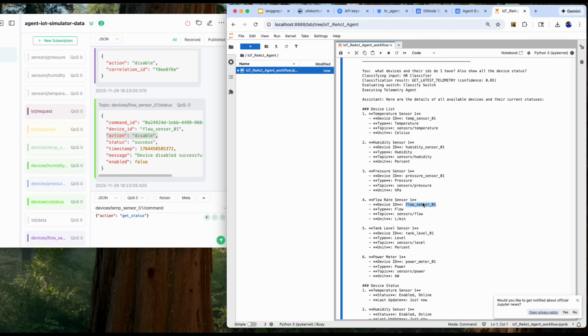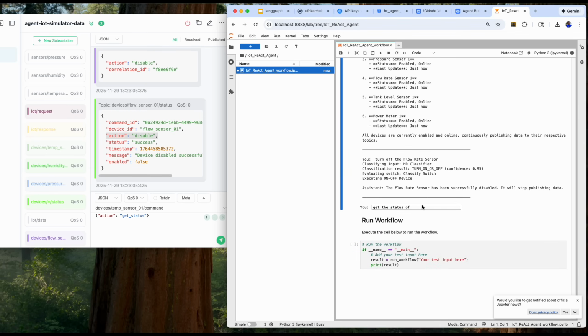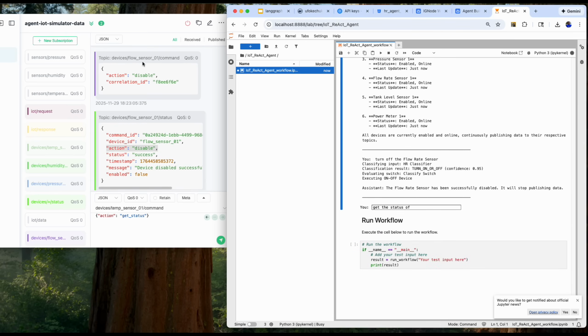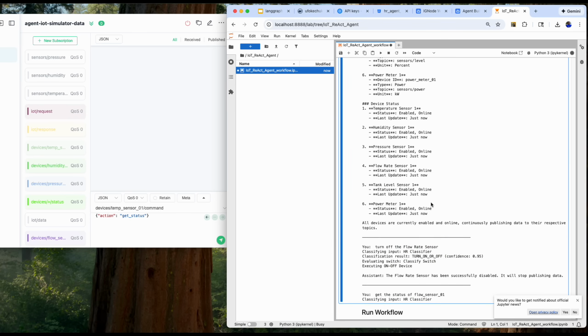So let me just use the ID. Remember, the first request we made was made using the name, and it knew what to do. Now, this one we're going to use the ID to make that. So, get the status of flow sensor 1,